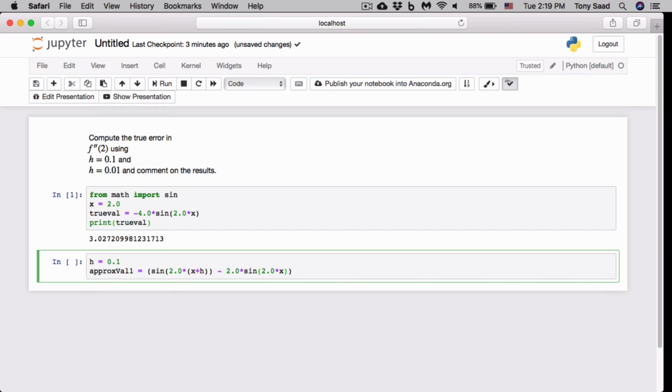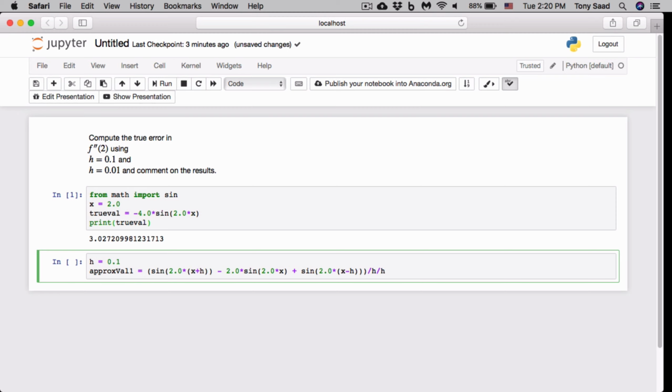plus sine of 2 times (x minus h). Agreed? Okay, so that gives us the numerator over h squared. Notice what I do: I divide by h and then divide by h, because I don't like to put too many parentheses. Rather than putting over open parentheses h squared, I just divide by h,